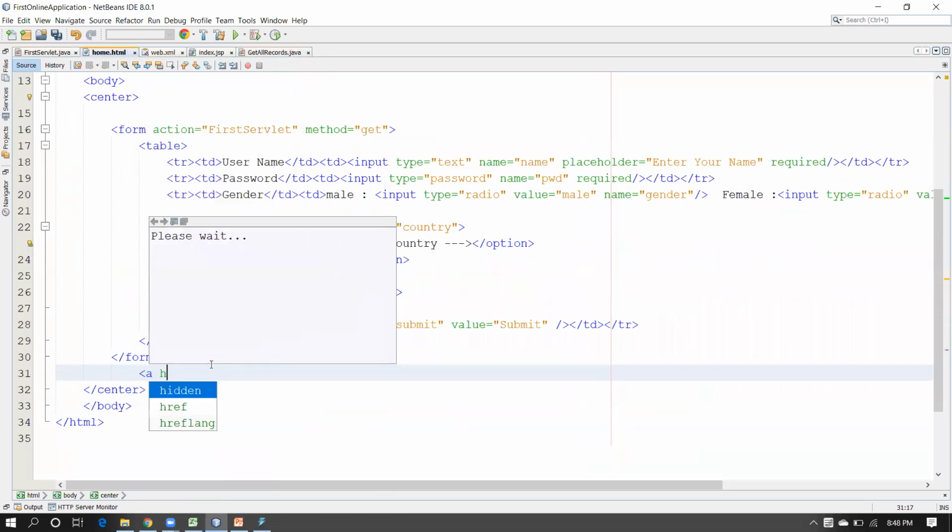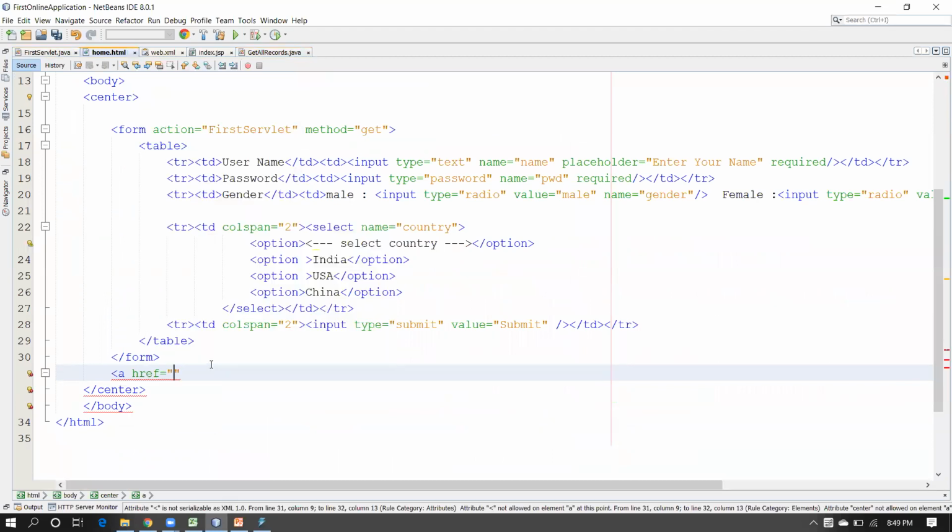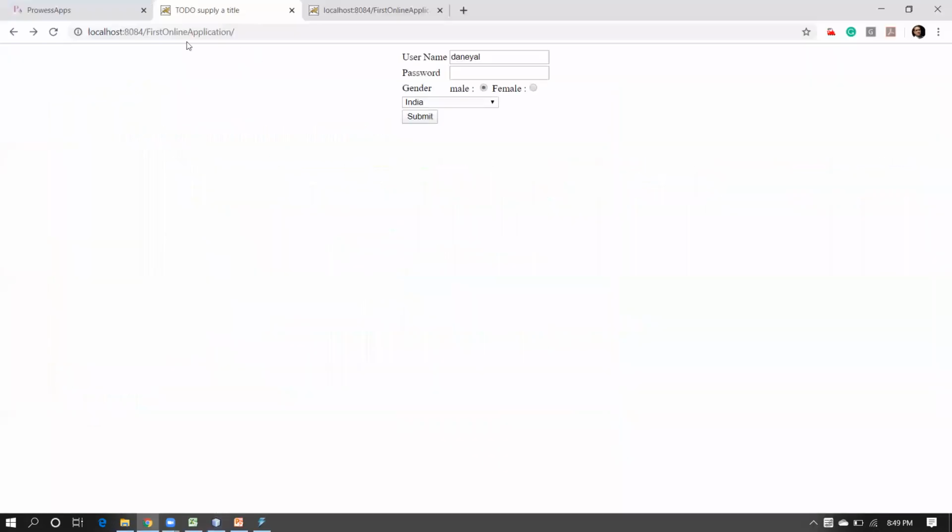So I'll call this by using reference. And here is your get all records, and the link is show all records. It will ask that show me all the records. So this is the record link. Click on it, and you can see that it is telling you all the records which are available in your